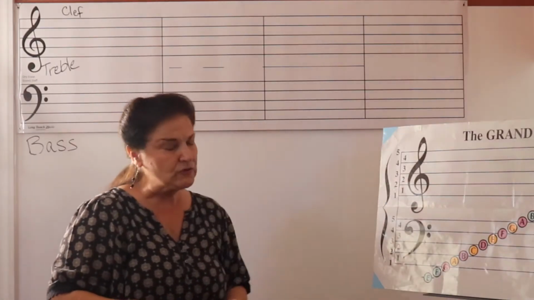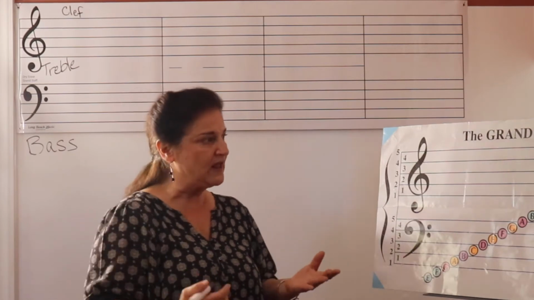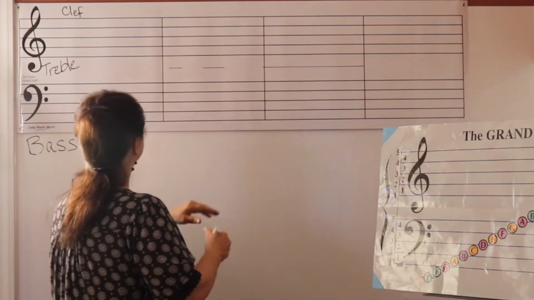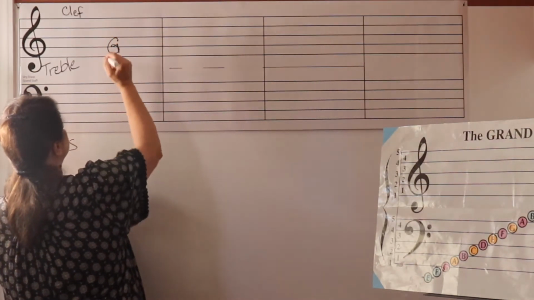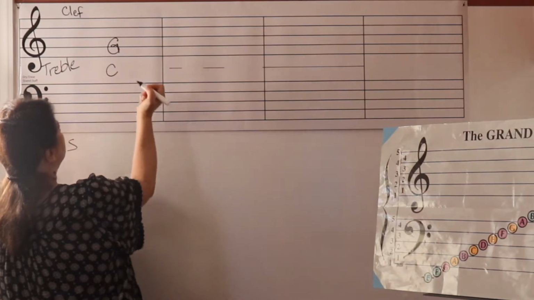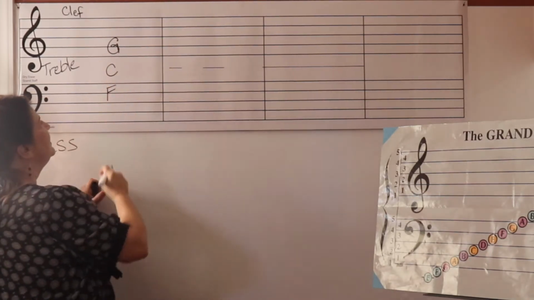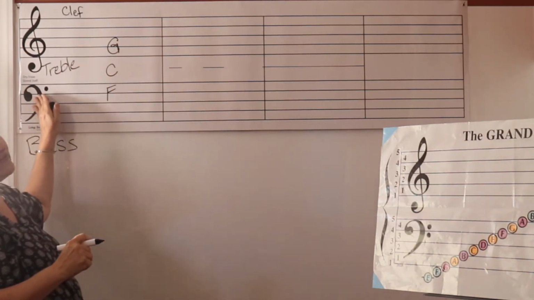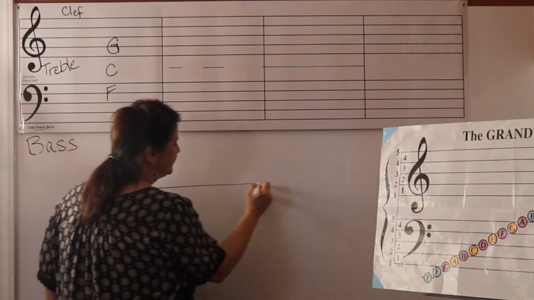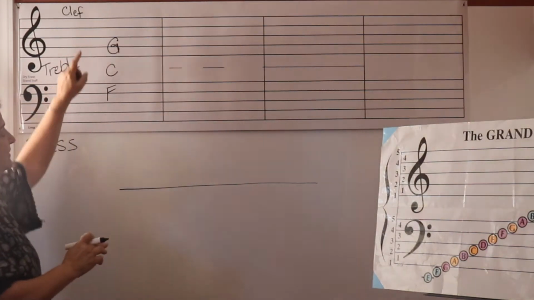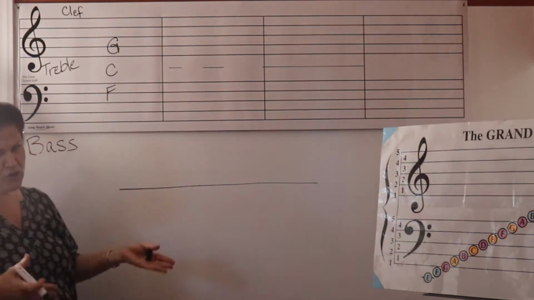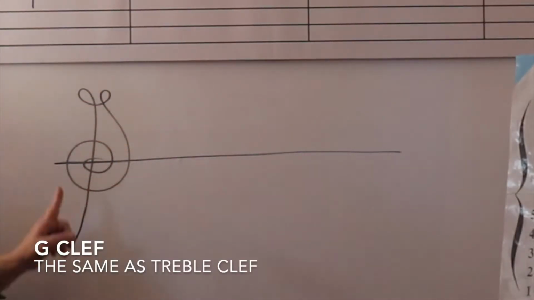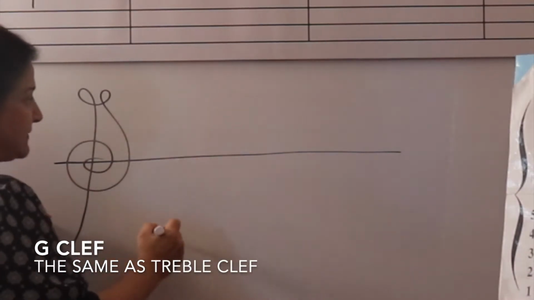Now, this is called the treble clef, but initially it was called the G clef because when they had all those 11 lines, they would need to say, oh, this is G, and this is C, and this is F, in order to understand what that meant. This was before they had these clef signs. So what they did was on that particular line, they wrote in very early medieval writing, a G. And that G basically